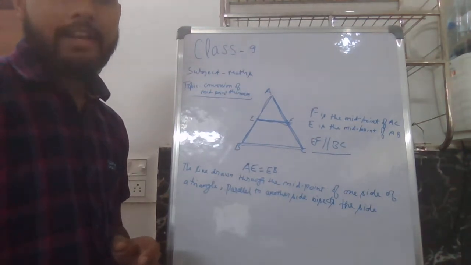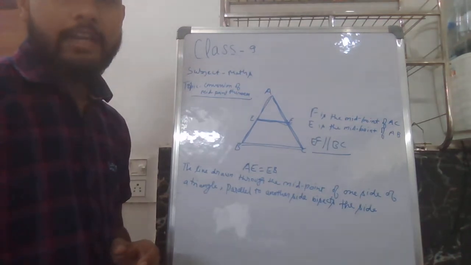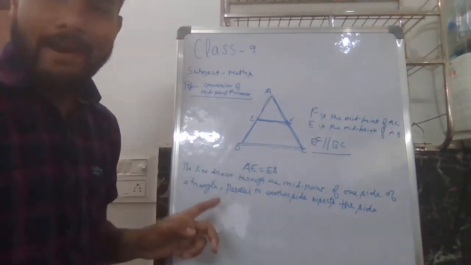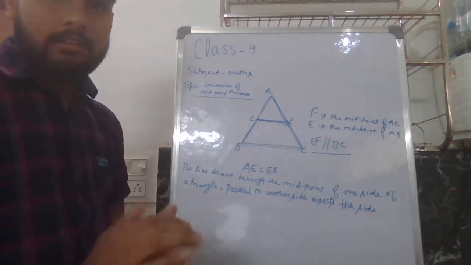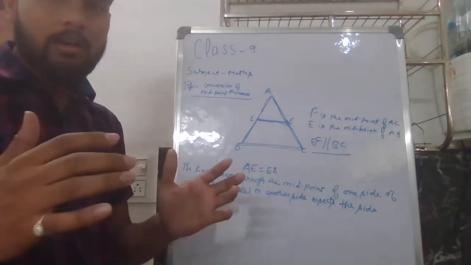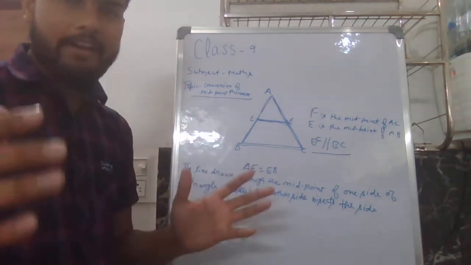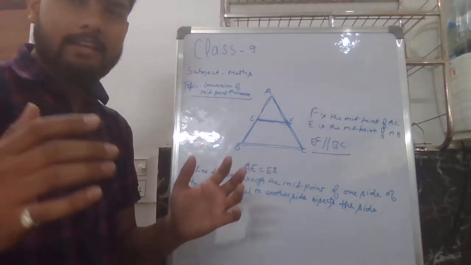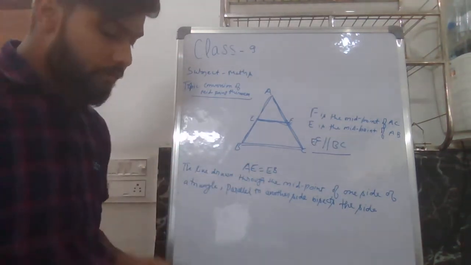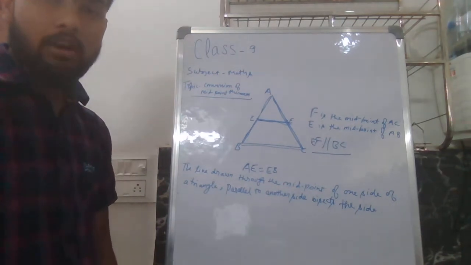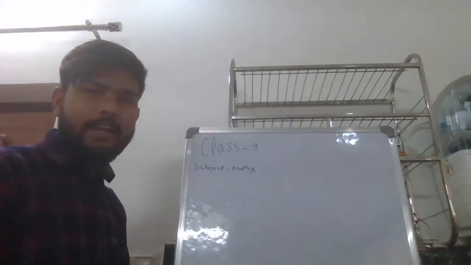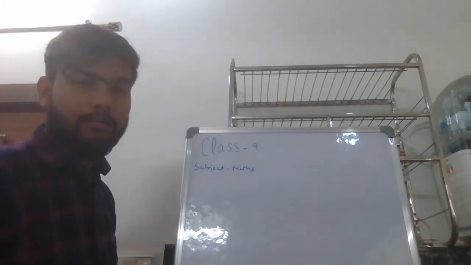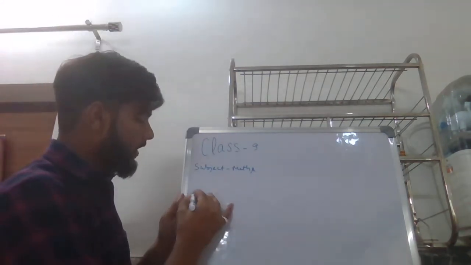Yes, so moving further, students, what we have to do is read a theorem. I will write the theorem on the whiteboard. The line drawn through the midpoint of one side of a triangle parallel to another side bisects the third side. What we have to do here is bisect the third side. So here, students, I will write the theorem. The theorem is the